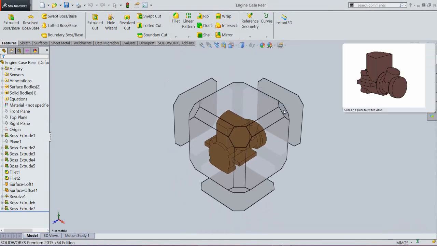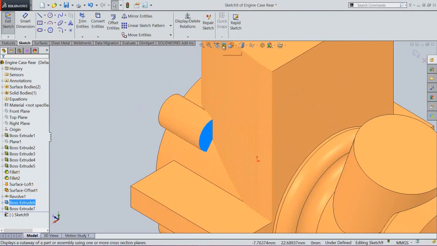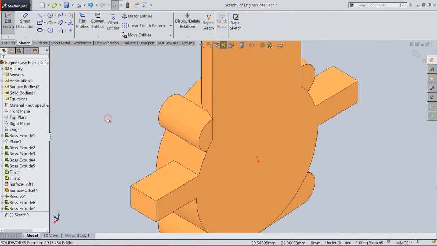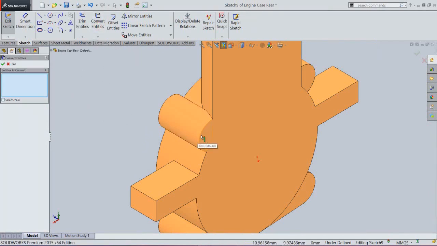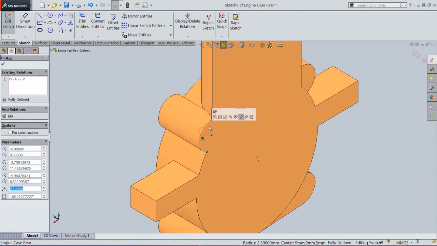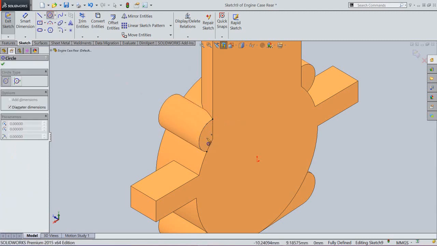Rotate the model in this position. Select this face to start the new sketch. Now activate the section view. Take the project of this edge. Create the circle on here.